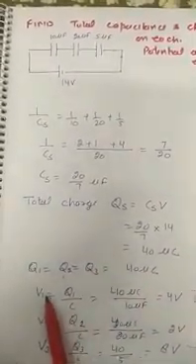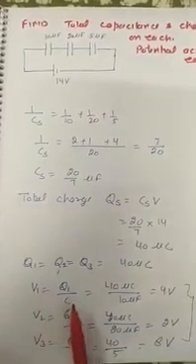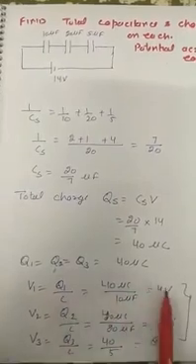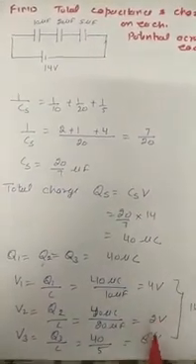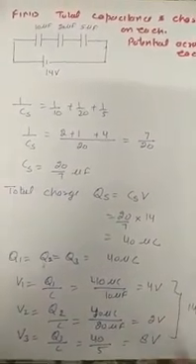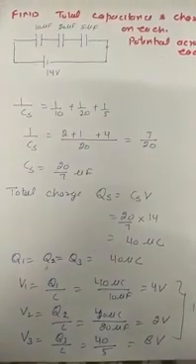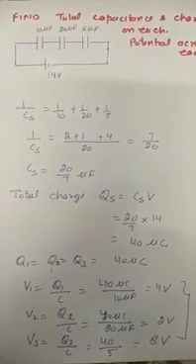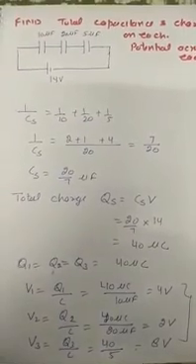Accordingly, the potential difference across each capacitor we can find out by this formula, Q1 upon C, that is 4 volt, and this is 2 volt, and this is 8 volt. Similarly, in a parallel combination, if the sum is given, we can find that the potential is the same and the charges we can find out.